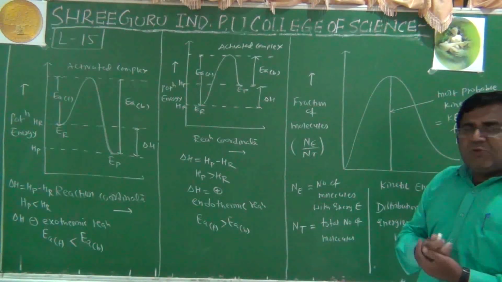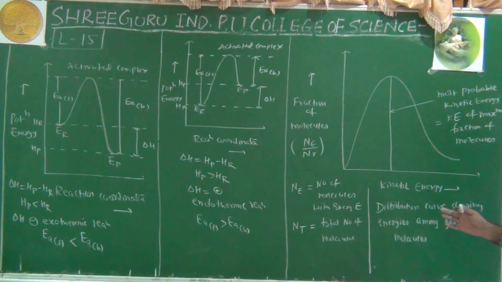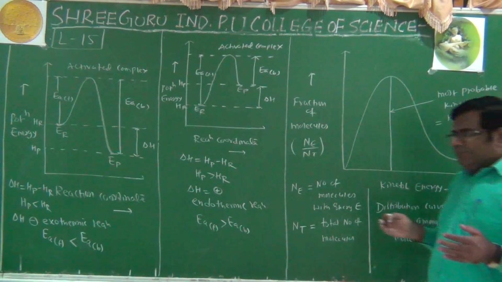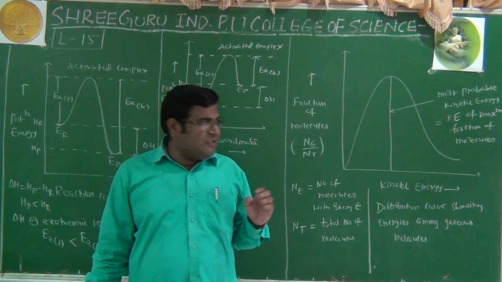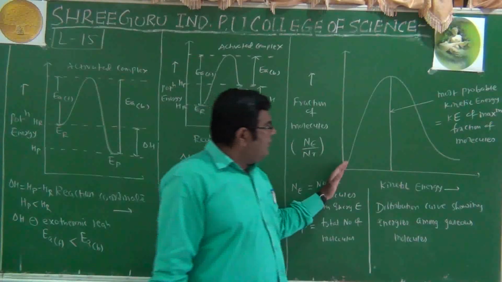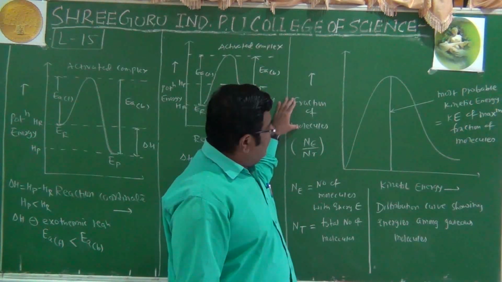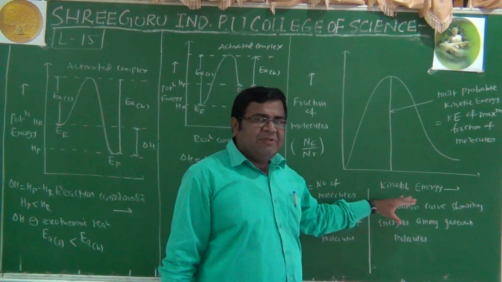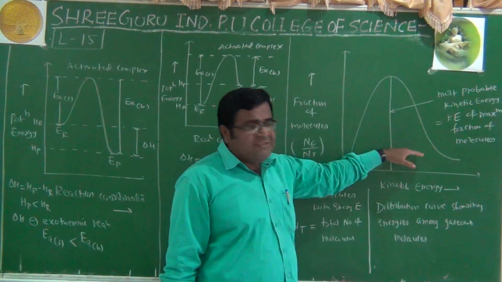So after these two graphs, we have to look into this graph also. This is new thing for us. From today we start with this explanation. If we take the sample of the reactant, if it is in gaseous state, and if you plot their energies, fraction of molecules on the y-axis and kinetic energy on the x-axis. We have seen such type of graph last year in gaseous state.